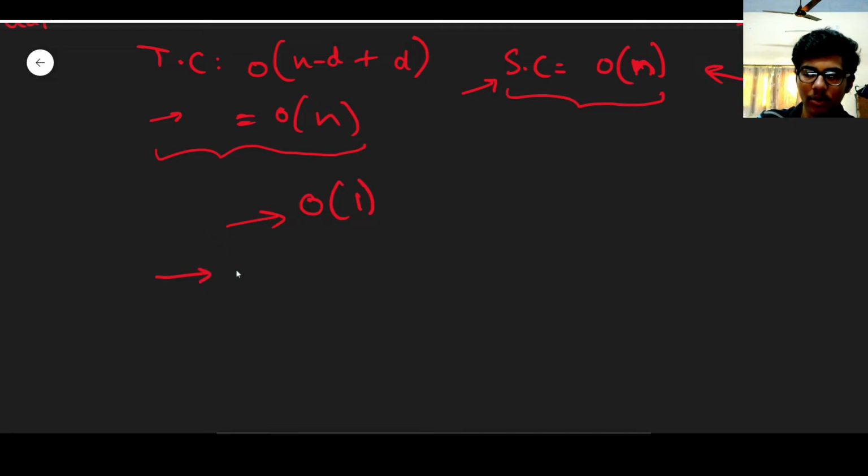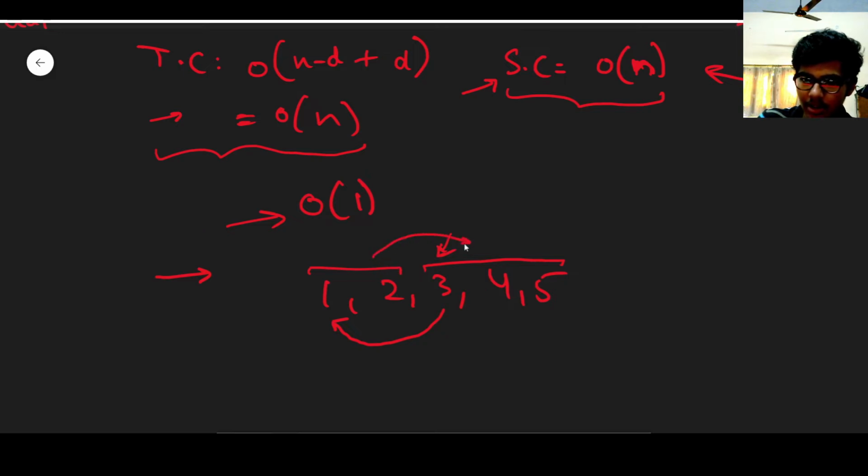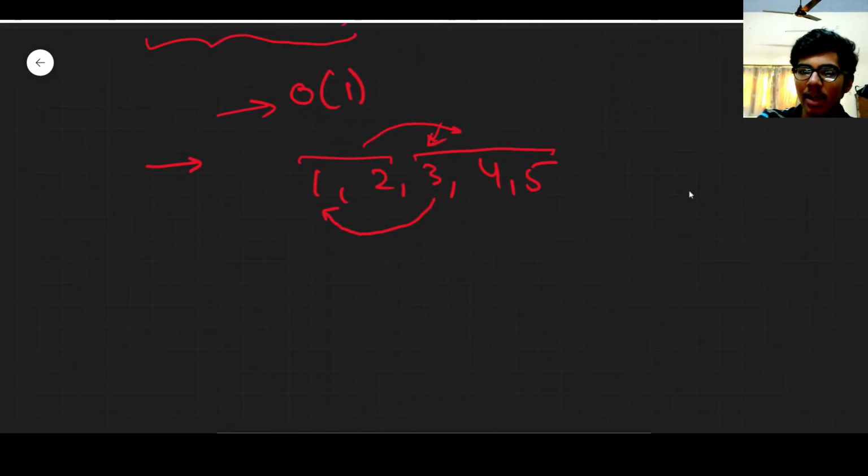So for some efficient approach, what we can do is, we had 1 2 3 4 5 over here. So what we wanted is to rotate by d elements, right? Rotating by d elements would mean that all the elements after d are coming at first, and all elements before d are coming at last. So what I can do is, first I will reverse the elements.